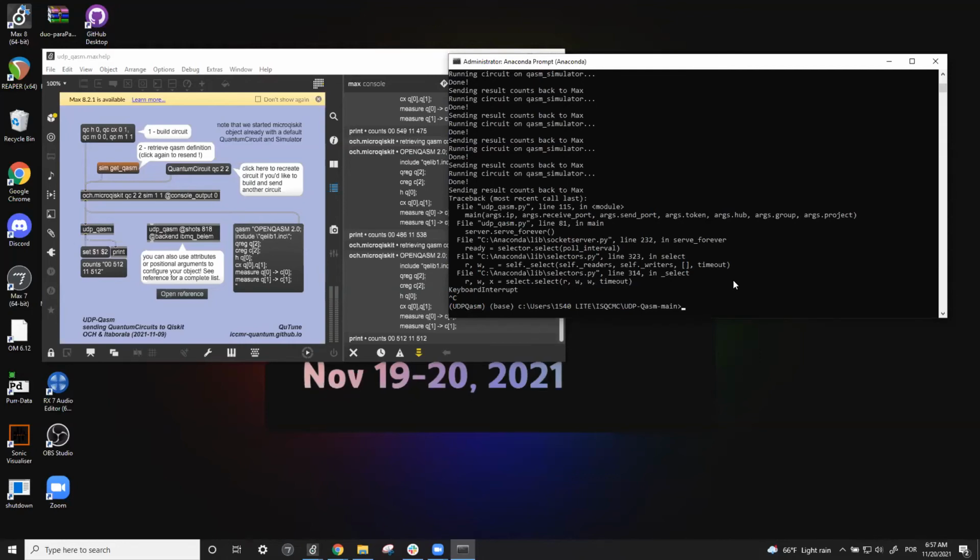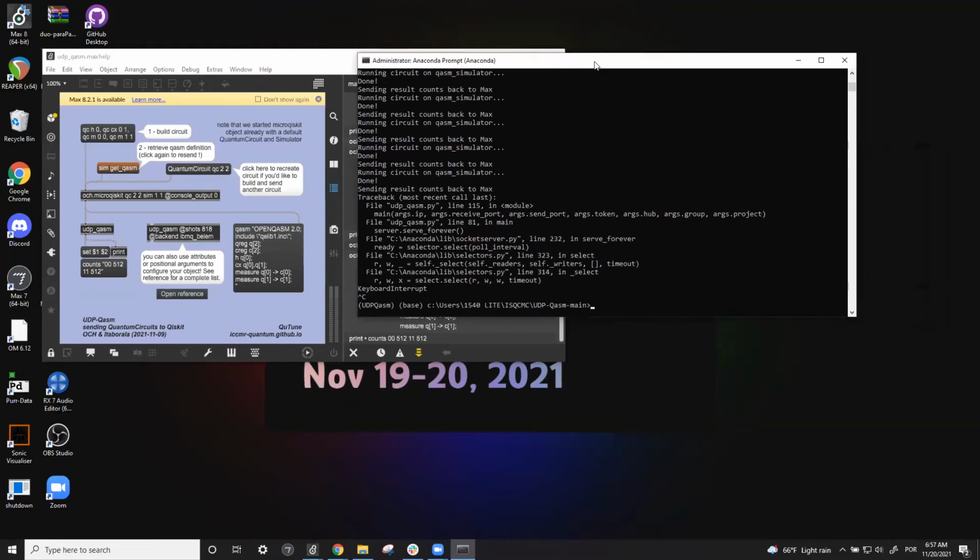And let's look at possible arguments that you can pass to this interface. You can look at the possible arguments by just writing python UDP-Qasm.py, and then you use a flag, which is all of these arguments that start with a minus. And then if you type -h or --help,